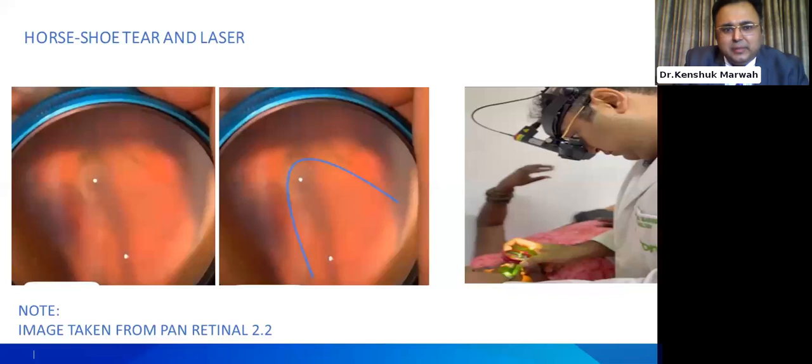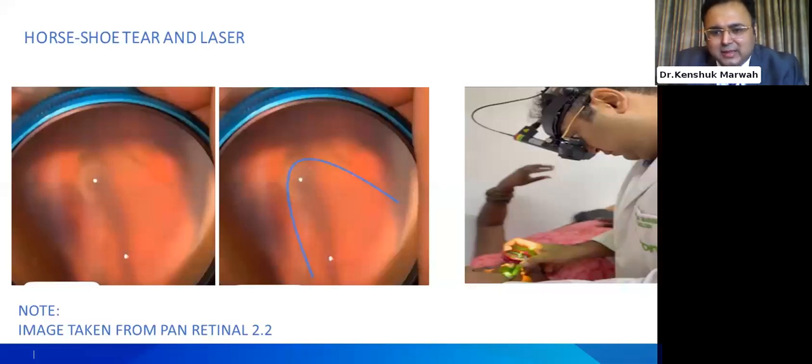So this is another patient. This is an image actually taken from a pan-retinal 2.2, and the left image shows a horseshoe tear. I have marked for the residents this blue line, which is on the shape of the horseshoe. So this patient needs an urgent laser, and the right-hand image, the extreme right-hand image, is showing how